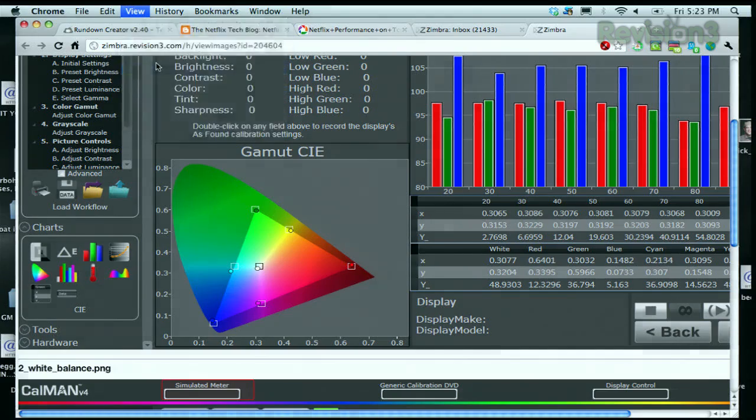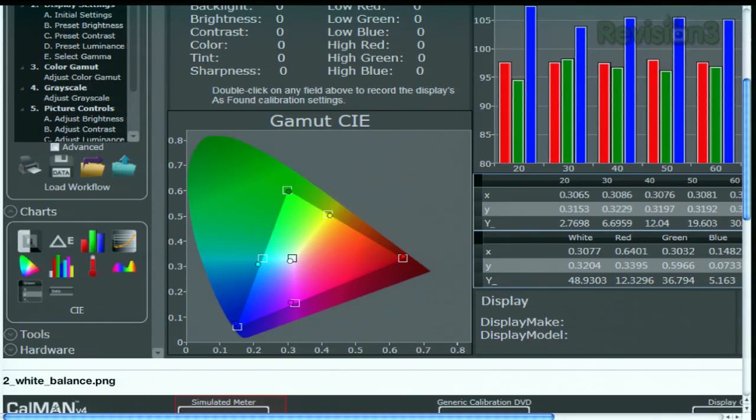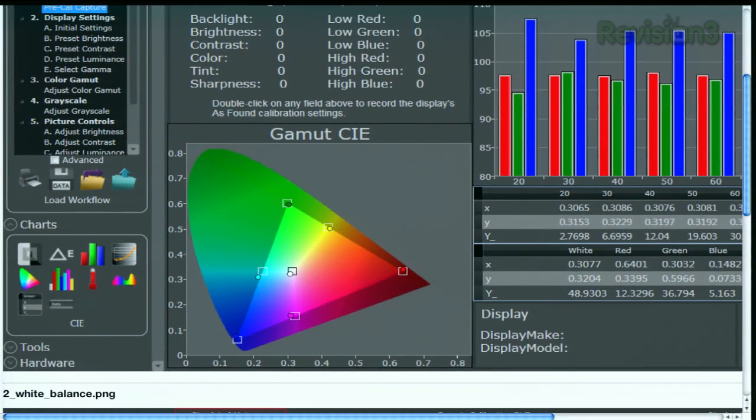Now, they have a pretty decent set of controls as well. And the white point in the middle gives you an idea. You see how all the blue bars up above are kind of spiked up a little? Well, it in turn moves the white point toward blue a little bit, meaning that instead of neutral shades of gray, they're a little bluish, which isn't bad necessarily, but it does need to be corrected if you want accurate